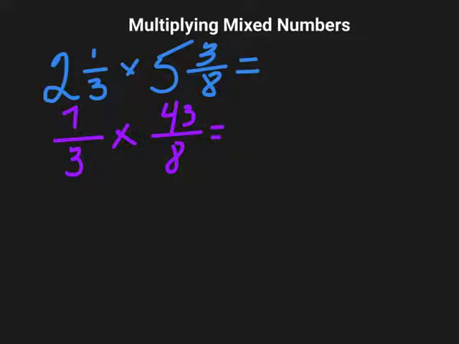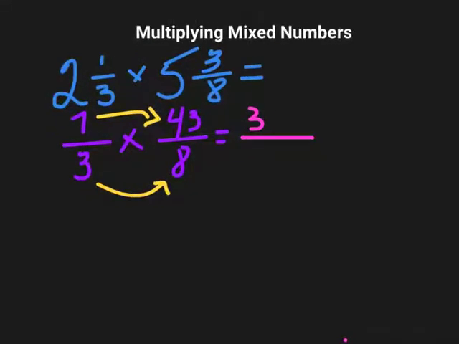Now that we have them both into improper fractions, you're going to multiply numerator times numerator and denominator times denominator to get your answer. For our numerator, we're going to get 301. And for our denominator, we're going to get 24. After that, we see that we have an improper fraction, a really large improper fraction. So to the side, we're going to divide out 24